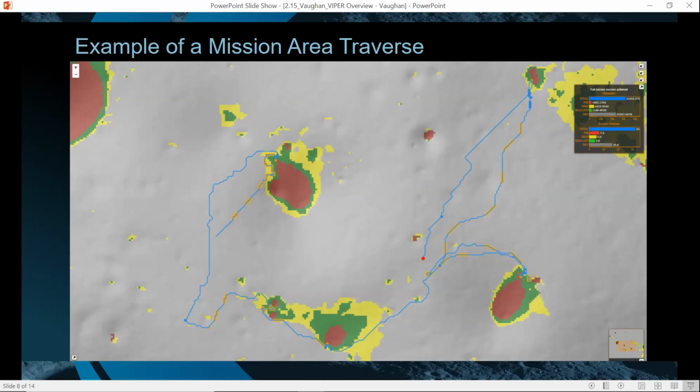This is just an example, but you can see we're trying to cover a lot of area. We're trying to investigate the different thermal ice stability regions and go into PSRs, and also go to other locations. We want to geographically separate our measurements to see if there's correlation with what's expected by a map like this. And then again, trying to